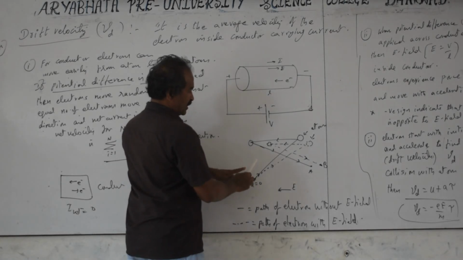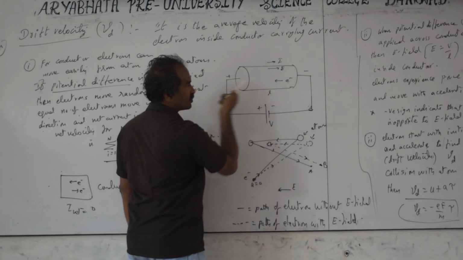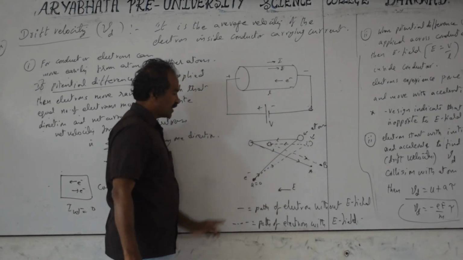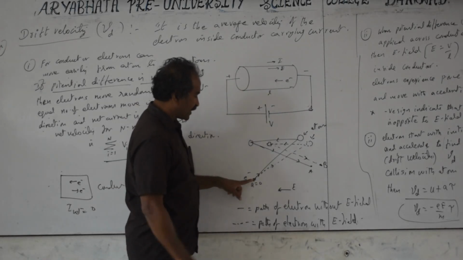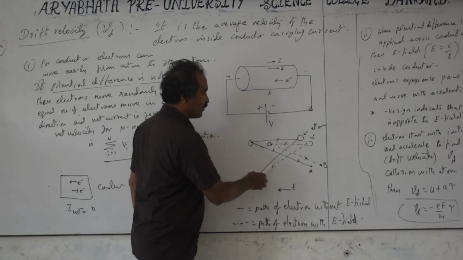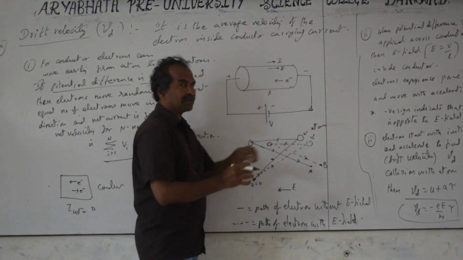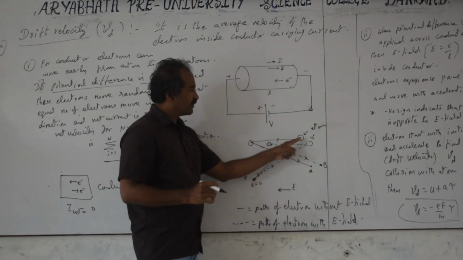And what is happening inside the conductor? Whenever the electron is going, it won't go smoothly, it collides with the atoms. So the electron starts here. Electric field is applied this side. Initial velocity of the electron is 0. So it is trying to go, for example, let us think that without electric field it is going to hit this atom. Randomly it is trying to go and hit this atom.